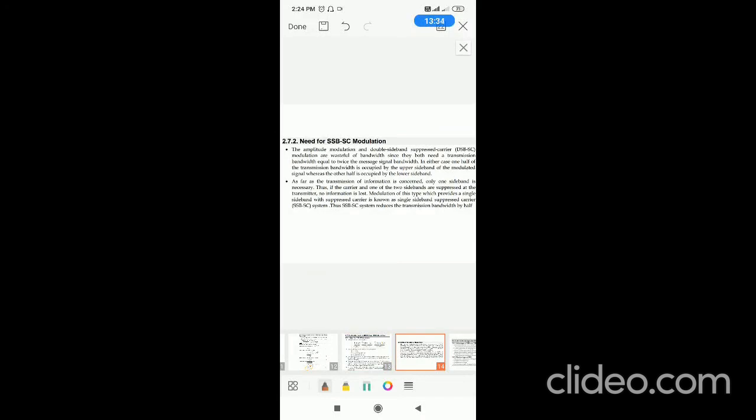So there are actually 4 types of AM modulation. One is AM, amplitude modulation, then double sideband suppressed carrier, single sideband, and there is one more modulation, VSB, vestigial sideband. These are 3 modulations in addition to AM. Right? There are 4 modulations. So in AM there are 3 components: carrier, upper and lower. In double sideband suppressed carrier there are only 2 components, upper and lower, whereas single sideband suppressed carrier contains only a single sideband, and the carrier is also suppressed, hence it is called single sideband suppressed carrier.